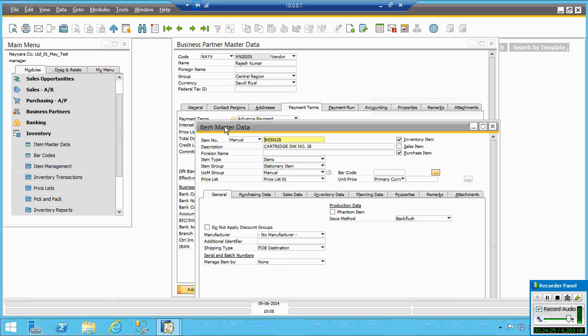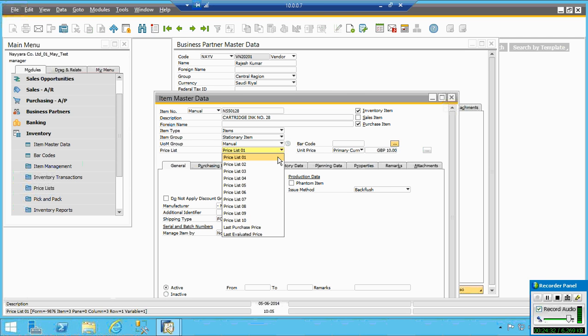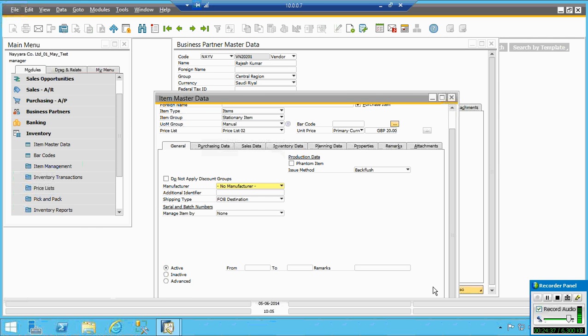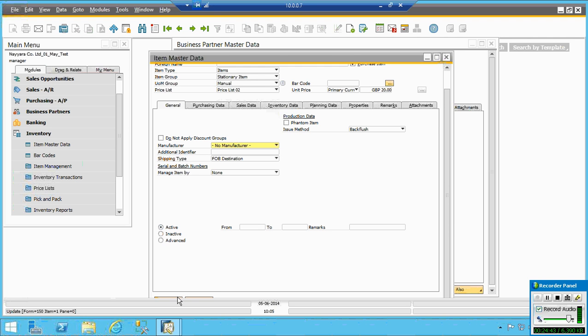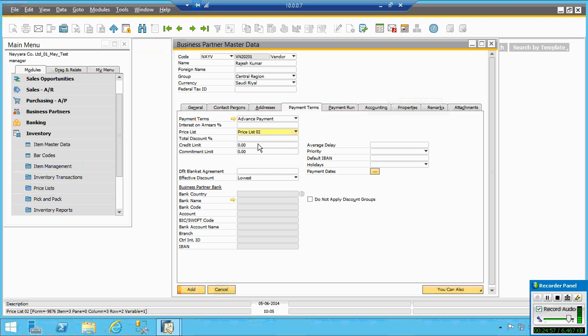So this is the item data. I take a price list and say the amount is 10, and another price list is 20. So for this customer, if I select a price list, the price is different depending on the quantity mentioned. If you give the price list as Q, it will take the second amount that is given, that is 20.